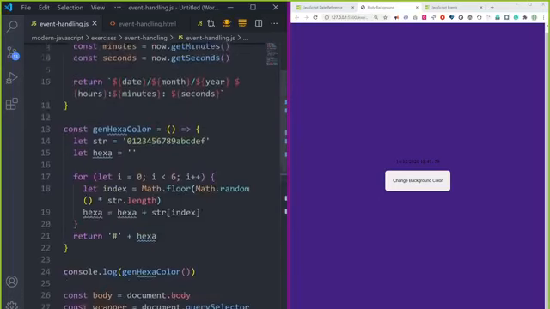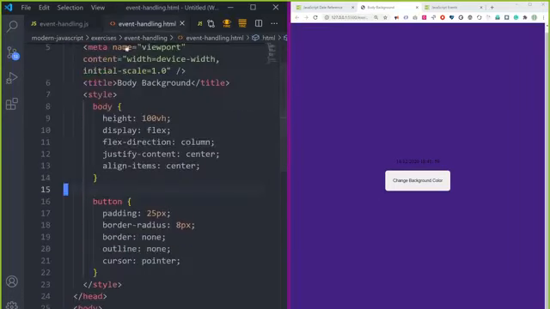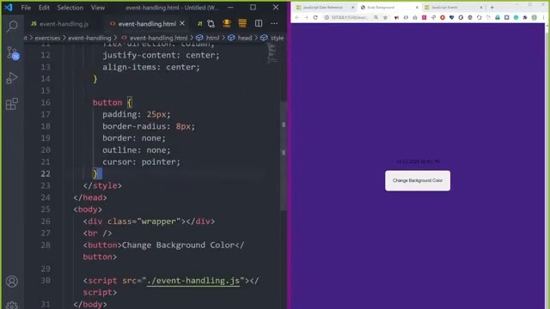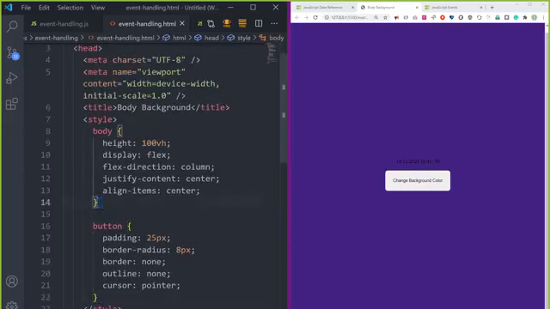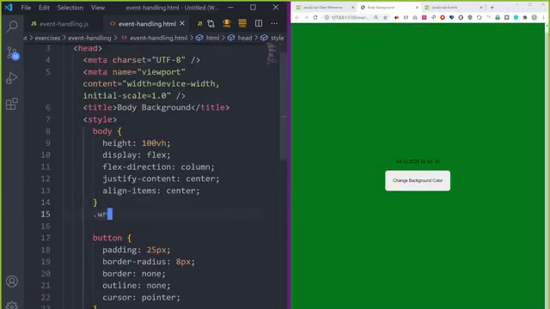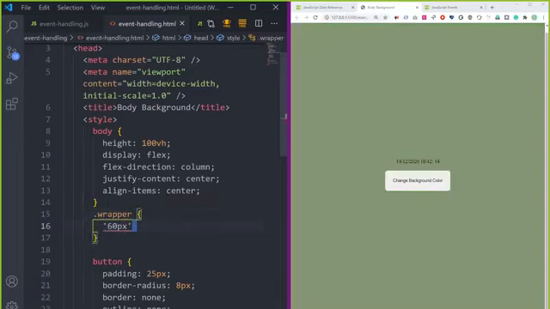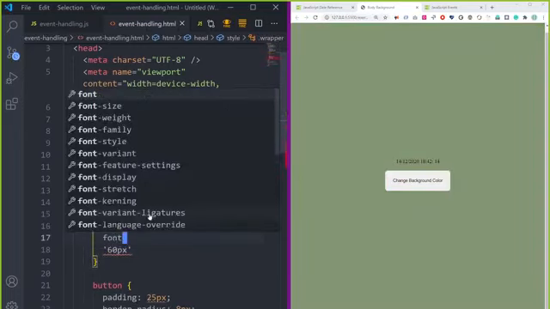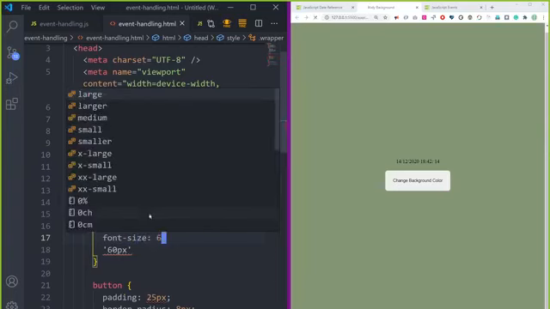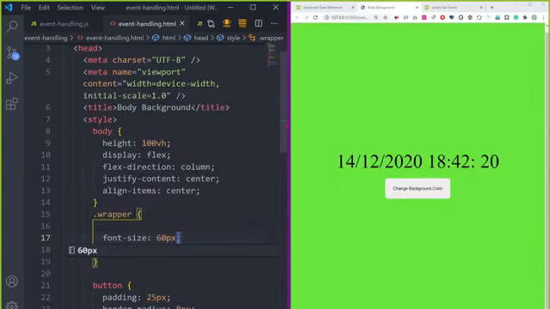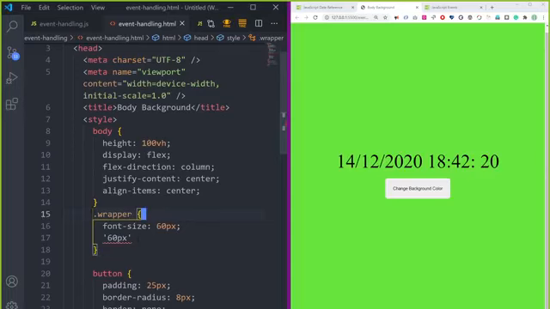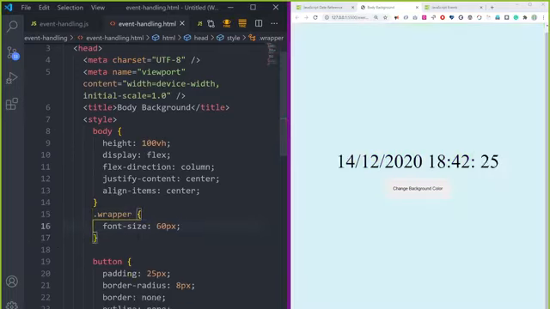I'm removing every CSS from here, because what will be the role of CSS if JavaScript is doing the CSS? In .wrapper, we put here, what was that? Font size is 60 pixels. I remove this. Okay, I think we are done with the